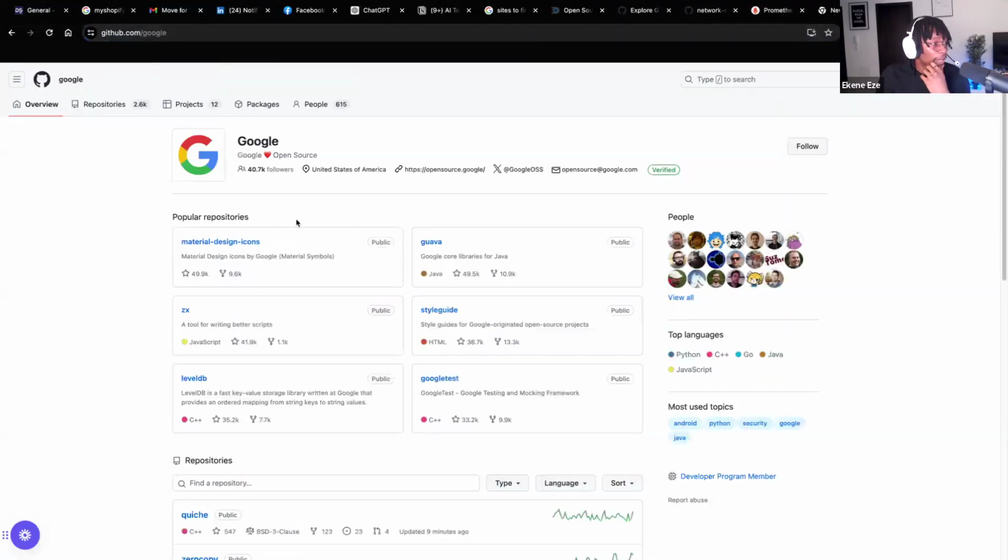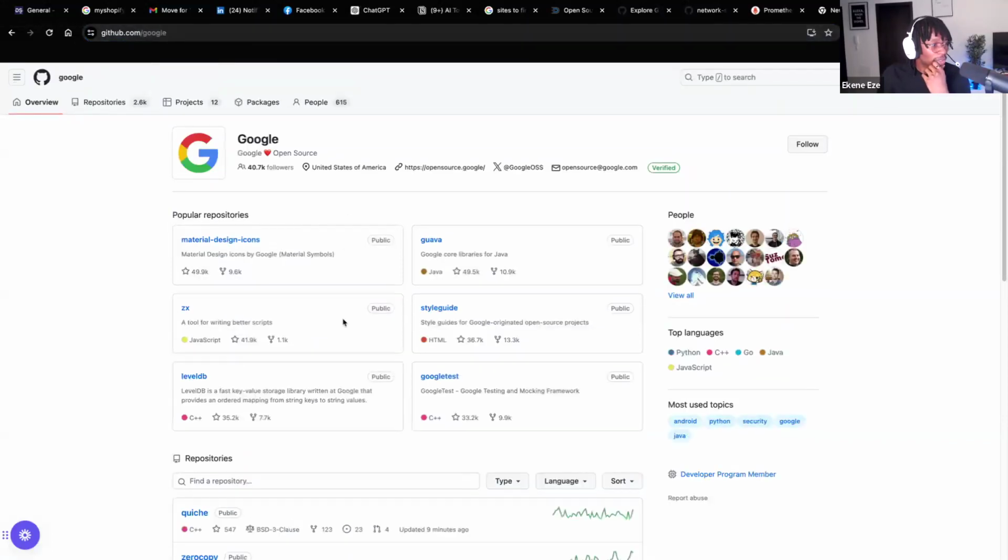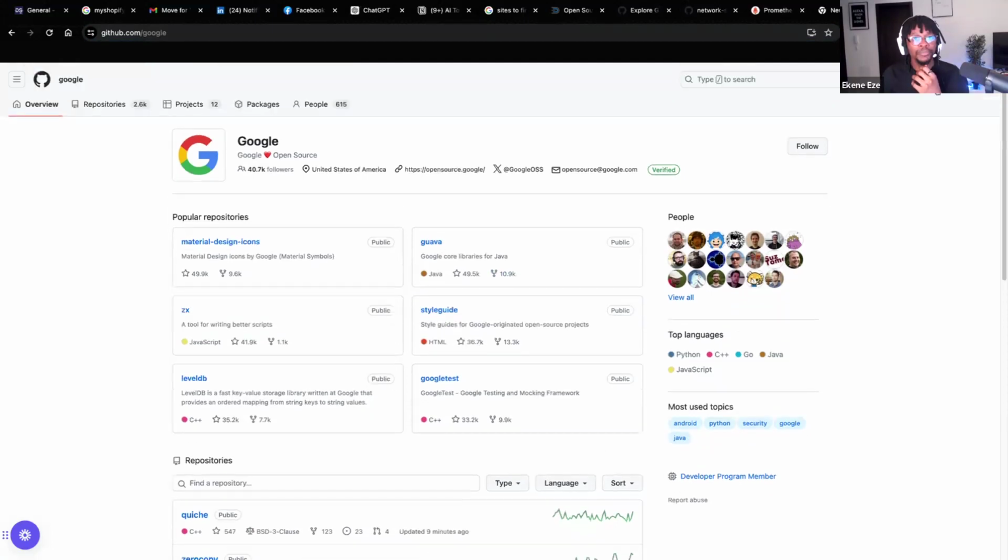I think so. You can see the open source ones as well. And I'm just showing you, these are different ways you can find open source projects. Google is usually... GitHub is usually where I go, because that's where I see almost everybody's open source project is on GitHub. So you can find it here.